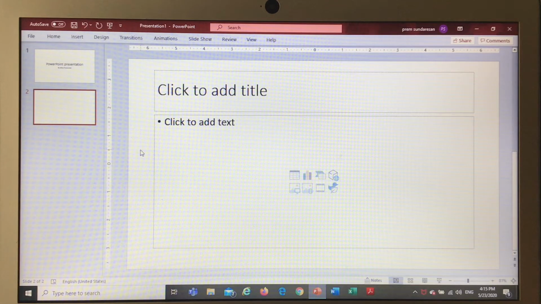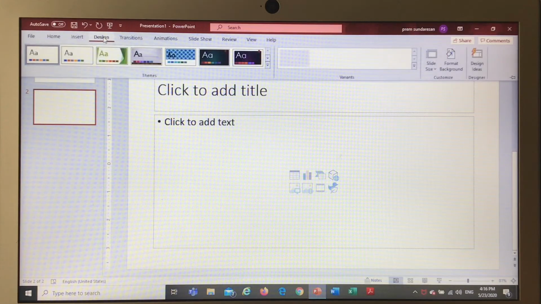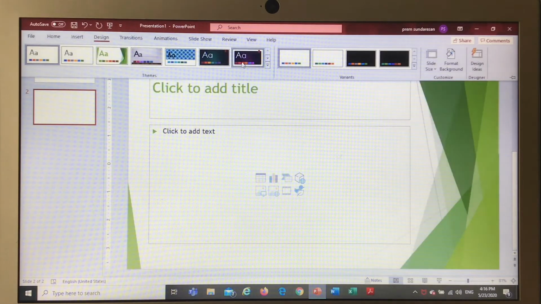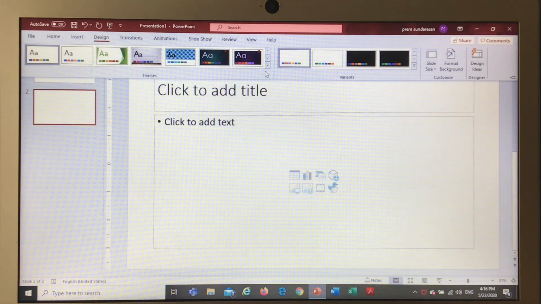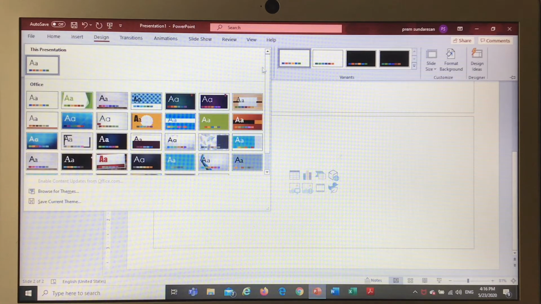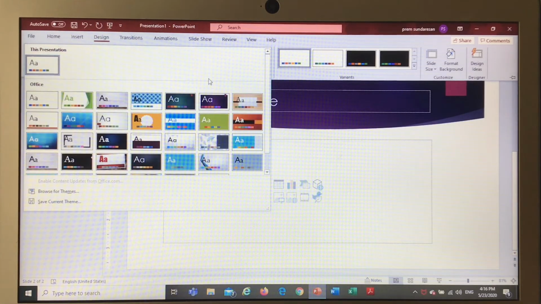Before I go on with this, I need to remove all this white. I need a good background. I should have done this before I made the PPT, but if you felt that you want to make a difference to the background after you made the PPT, you don't have to delete it. You just simply have to go to design and they will have given us tons of backgrounds. And you can press this arrow here to select from more.